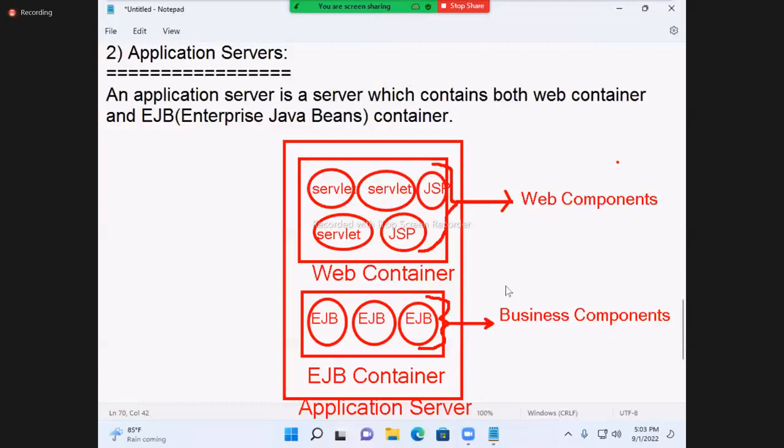Now, suppose an ICICI bank application is there. Can you register? No. First, you have to open a bank account. They will register you. They will give a username, password. With that, you have to log in. Then you can change the password. But you cannot register. Registration form will not appear. After login, registration appears. Directly, if you open the ICICI bank application, only login appears, no registration.